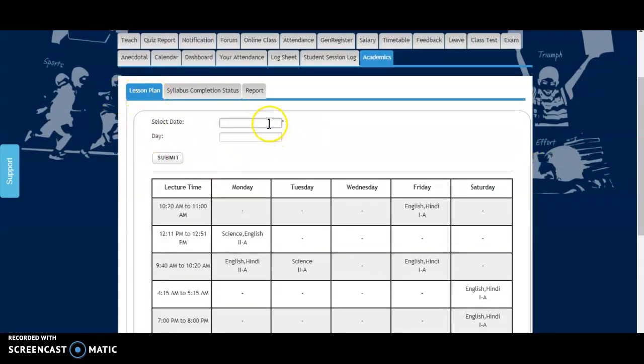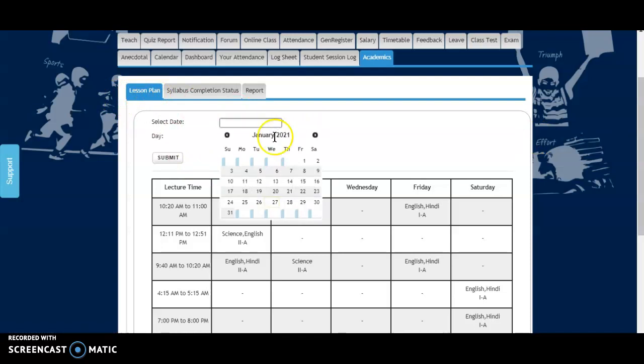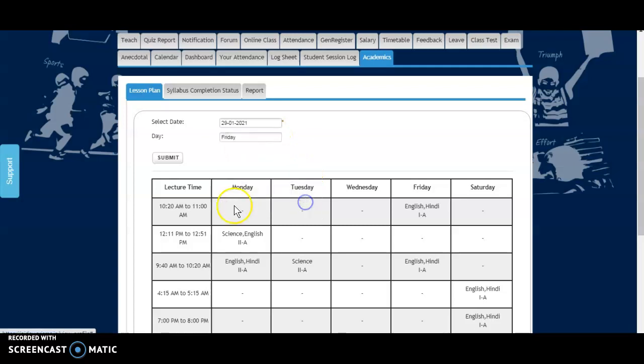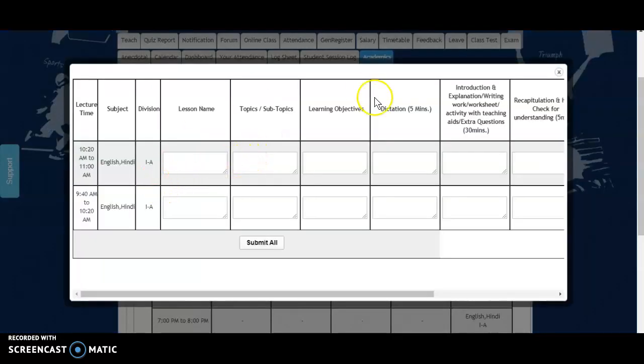For the lesson plan, like I said, as you're going to enter the pre-planned lessons, you just have to select a date for which you're going to enter the lesson plan. Let's say for 29th, and submit. Now automatically the timetable that is assigned for you for that particular day will be displayed over here, and you'll be able to fill in your lesson name. Now for example, let's say